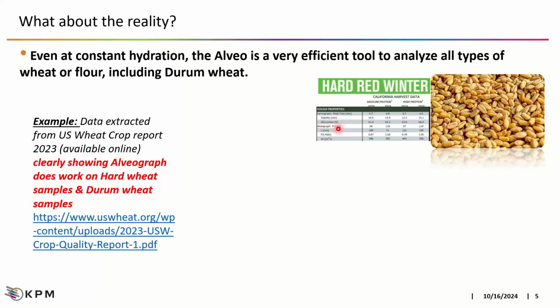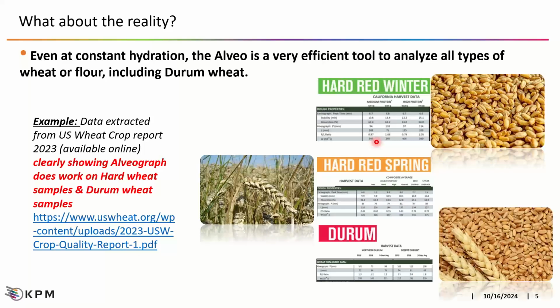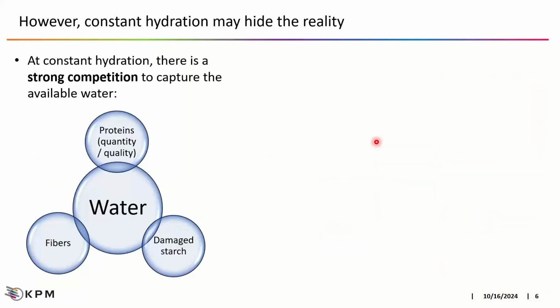Some Alveograph data, P, L, W value for hard wet winter wheats. So a hard wheat, and also for hard wet spring, and up to the way to durum wheat. So that clearly shows that the Alveograph, even at constant hydration, is very relevant for any types of wheat. So that's the reality. But there is also something that we need to take into consideration, is that constant hydration